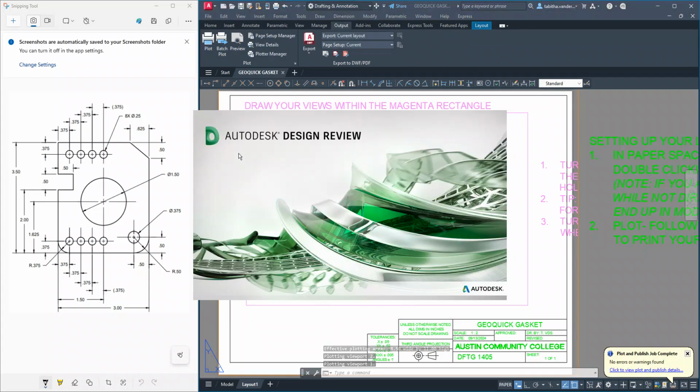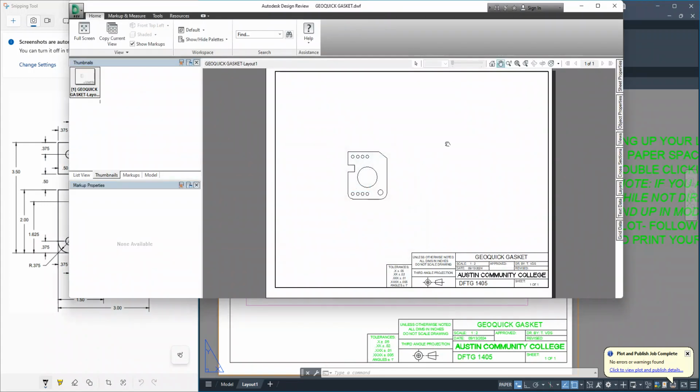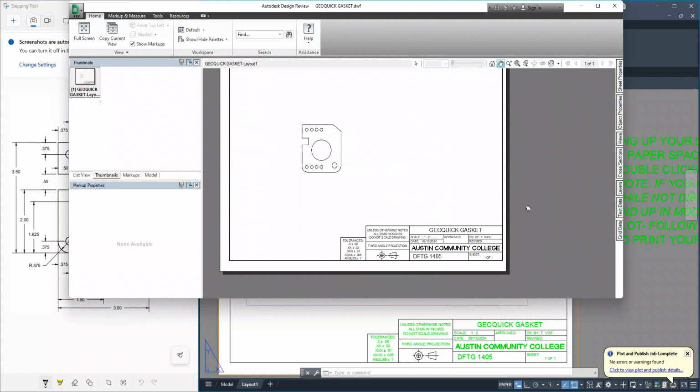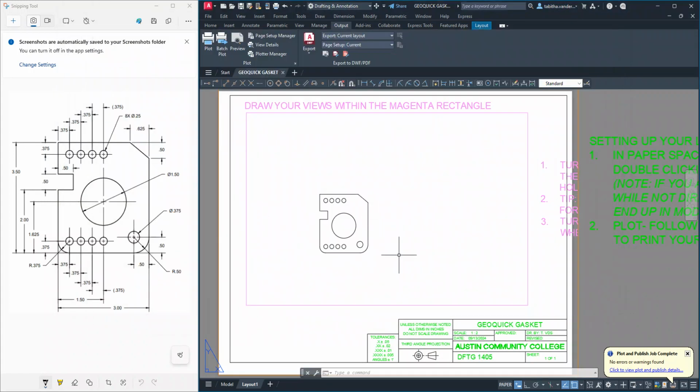I have it set so that it'll automatically open up Autodesk Design Review. This is what I'll see when you turn this in. And this is the only thing I can open it in. So you need to save this as a DWF in order to turn it in. Now, in order to turn in this assignment,